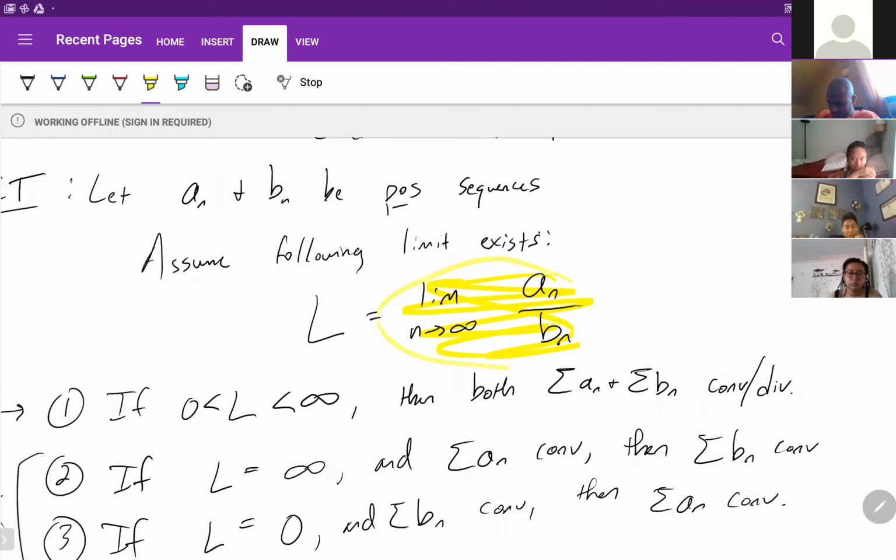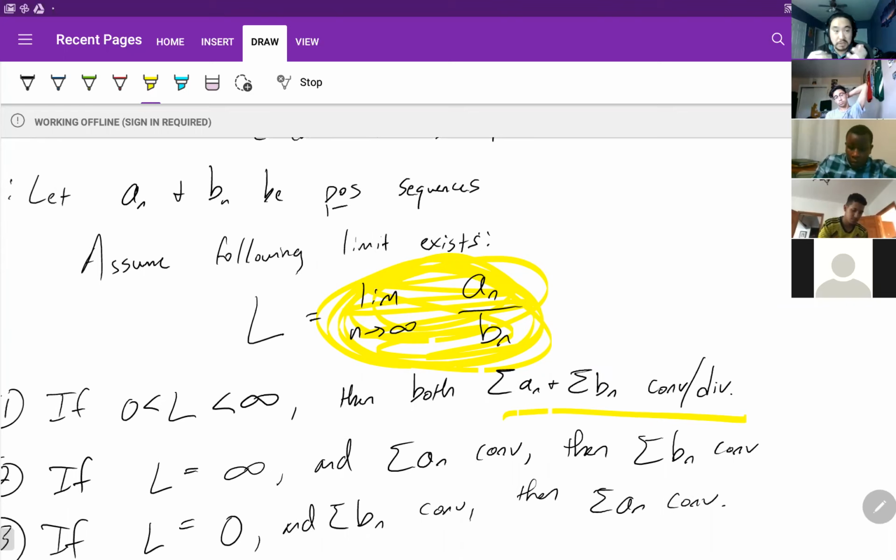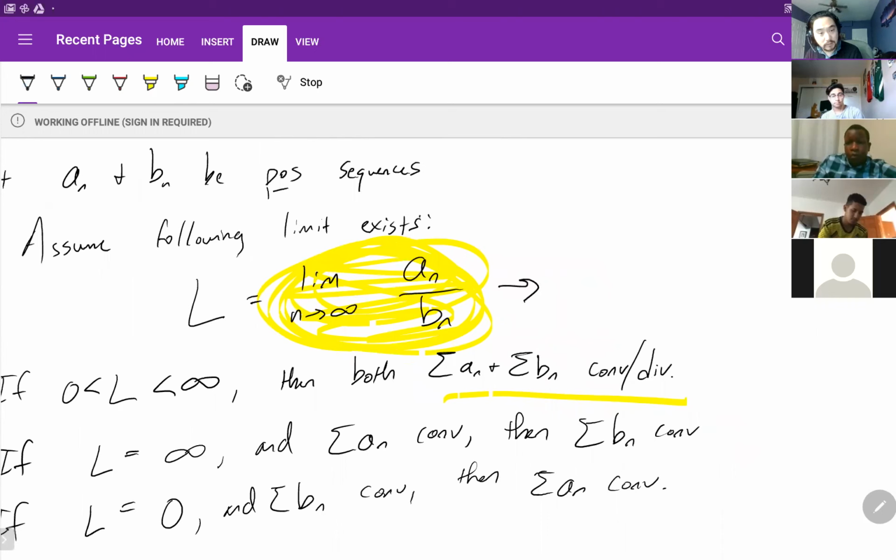They're just saying if we get a limit and it's finite, then that means both of them will do the same thing. That's what this second part is saying. Whatever A sub n is, B sub n will do, or whatever B sub n is, A sub n will do, regardless of which one's known or unknown. Does that make sense? And I hope you can take it one step further, because we're going to do this with the ratio test too. What we're really doing here is looking at the growth rates of the two sequences, right?